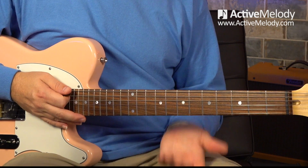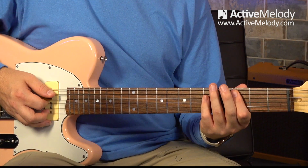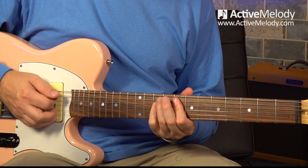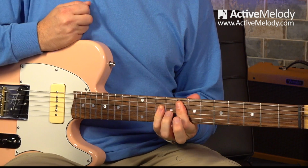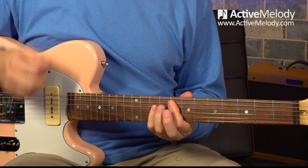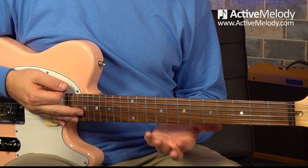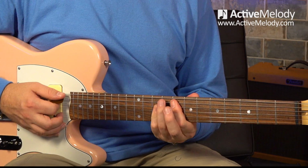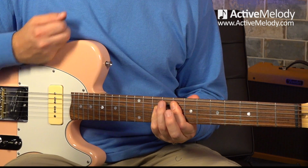Now this is a repeat of what we've done before. Remember we played the C chord? We're going to do the same technique, but when I play it like this, I'm playing the F chord. So we're going to play the F back to the C. So that's the F chord using the A chord shape out of CAGED. Remember I just showed you the G chord. You go down 2 frets, that's your 4 chord. There's your F chord. So I played,